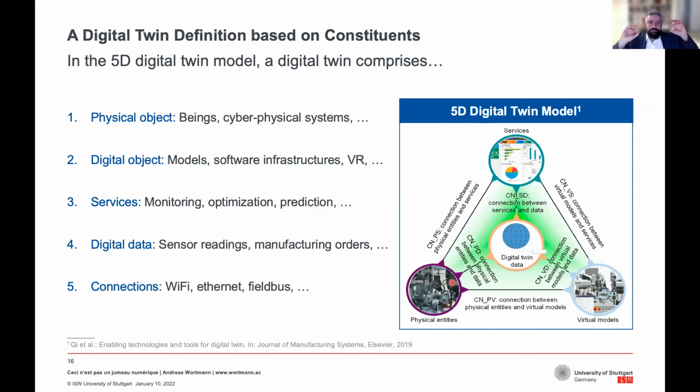Let's say you have a cinema chair, a stupid old cinema chair. And now you have a service, you can book this chair in the cinema, and you have some data, just a Boolean, it can be booked or not. And you have a virtual model, let's say a CAD model, showing some details about your chair. How would this physical chair provide data? Exactly. So either this needs to be a cyber-physical system that has connections to talk about its status,